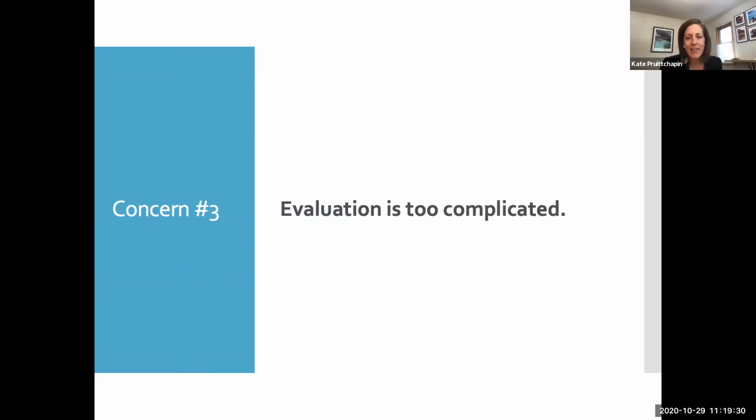There's also this idea that evaluation is too complicated. So, I'm seeing this trend in terms of working with federal grants that they ask for these local performance reviews where they have an external evaluator come in. So I've done that for agencies where they had a grant, they're running a program, and I don't work at the agency, but I come in to help them design and implement their evaluation. And that certainly can be complicated,